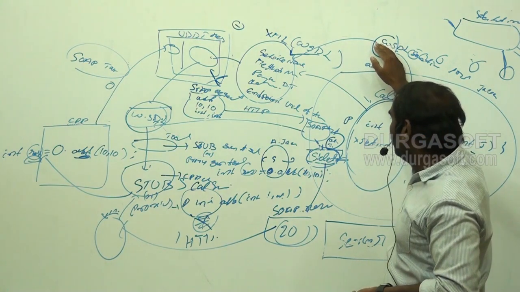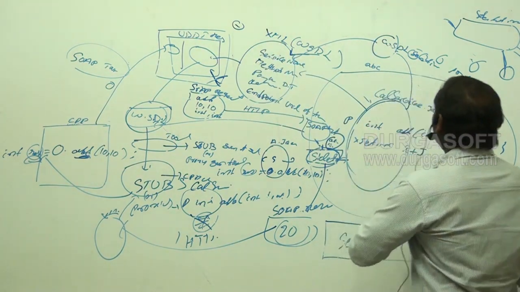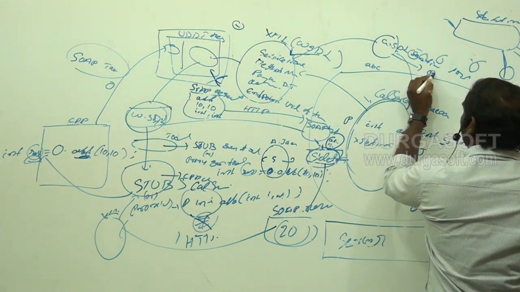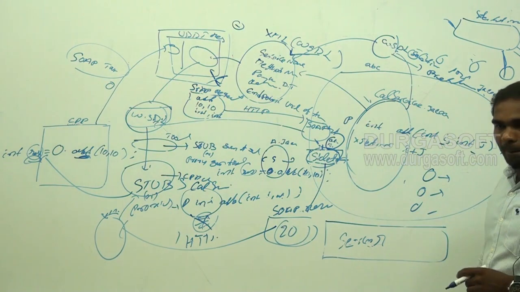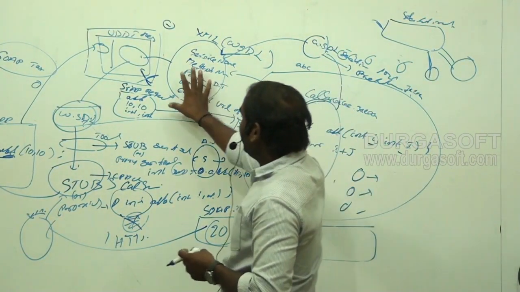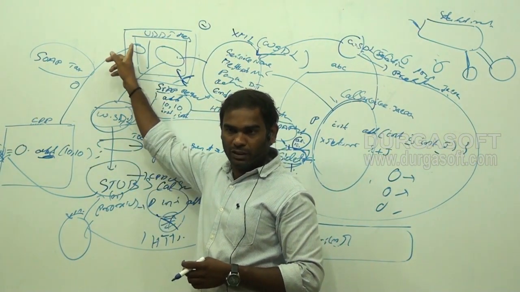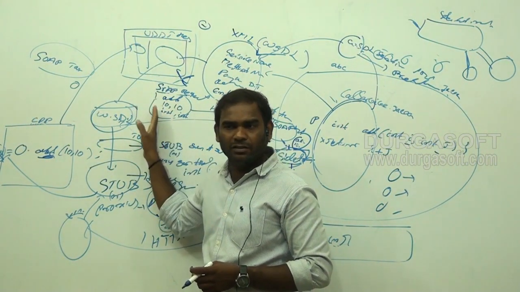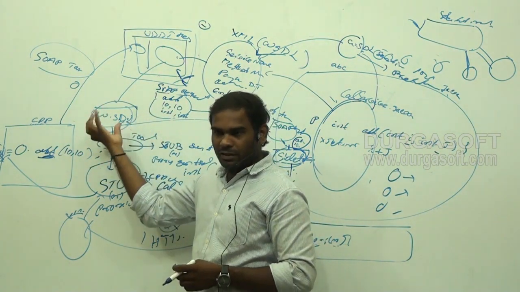Using that WSDL generation tool, he will generate the WSDL file from the service class here. The WSDL generation tool is a predefined class. After generating this WSDL file, we will share it with the client through the UDDI registry, or we can send it by mail. Finally, he gets this WSDL file here.